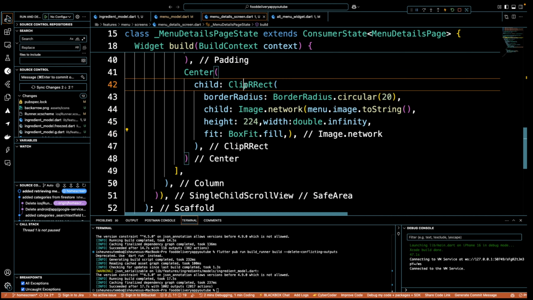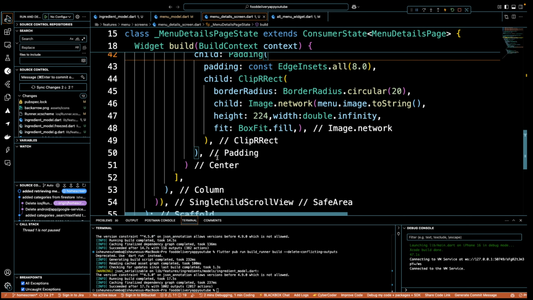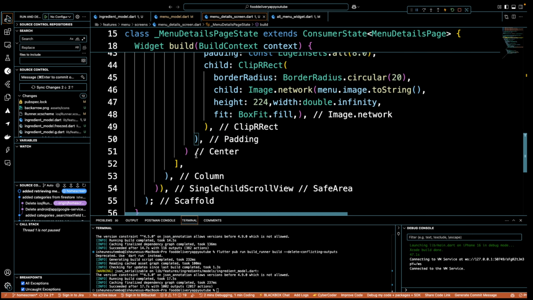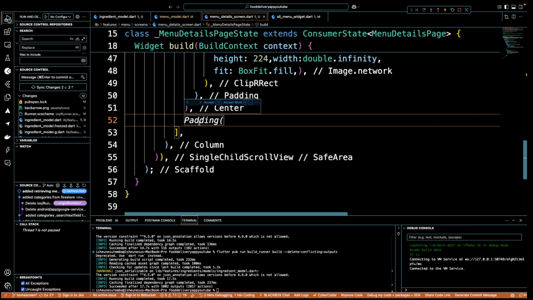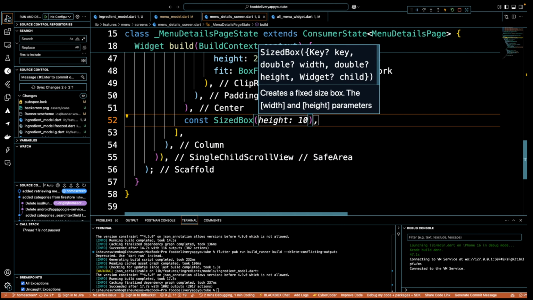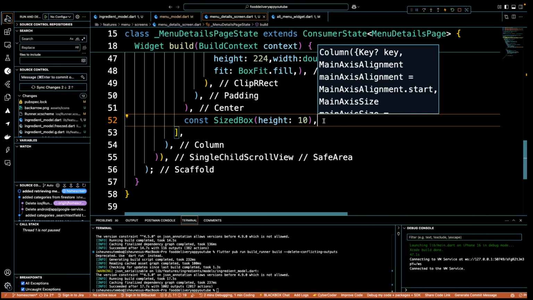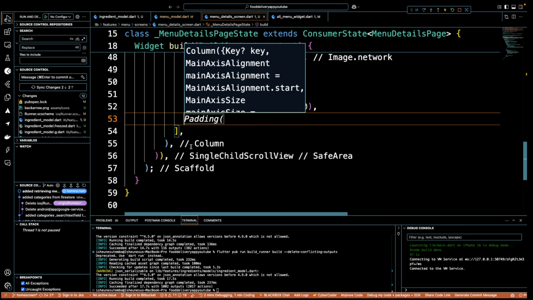And then also we need to make sure we wrap the ClipRect with the Padding widget. We wrap it with the Padding widget. So after the Center widget, after we are done with this, some spacing, SizedBox, and then give it a height of 10. And then the next thing that we need